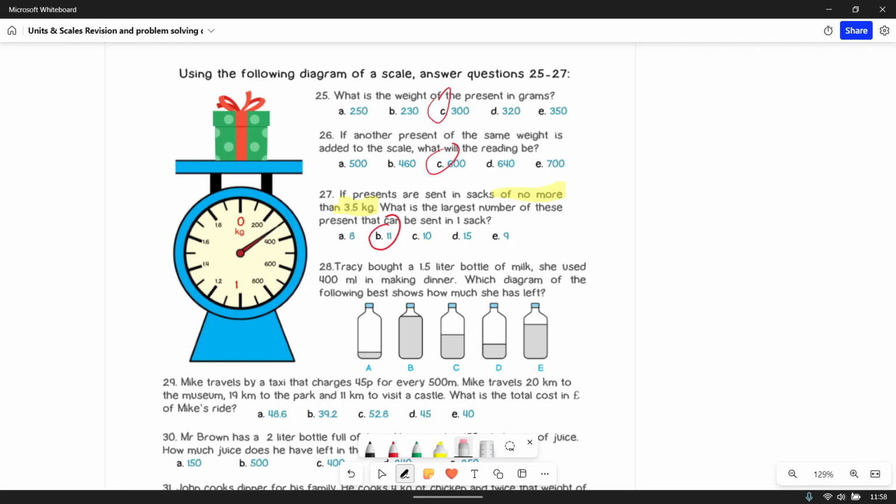It's 1,500 take away 400, which equals 1,100. So it's below, it can't be near the top. Remember, the bottle is 1.5, so it can't be to the top. It's got to be just underneath it, like 3/4 of the way. So 28 should be,